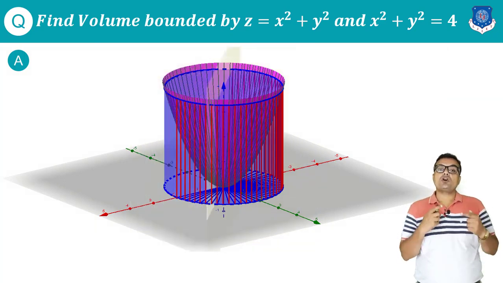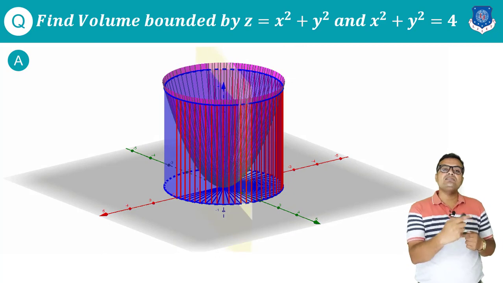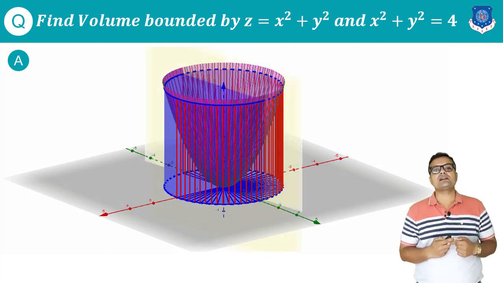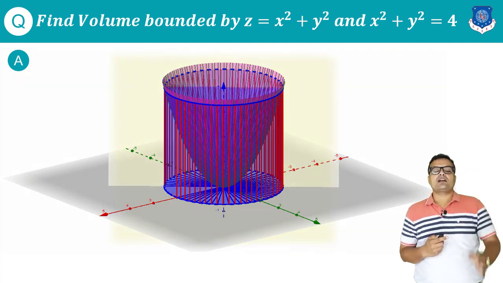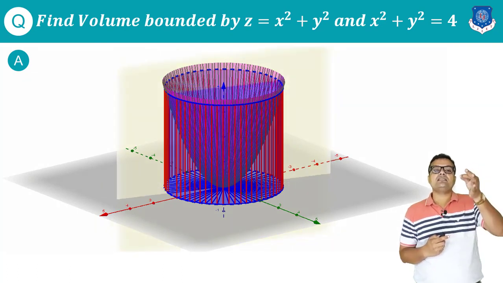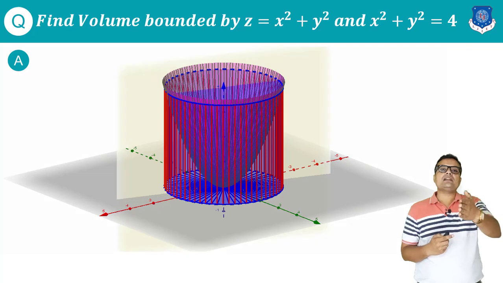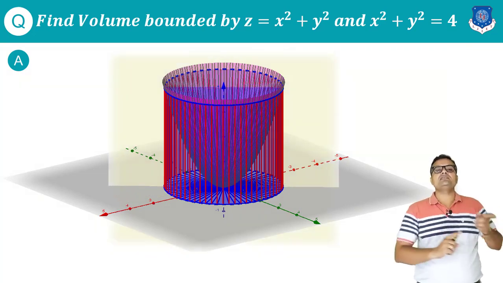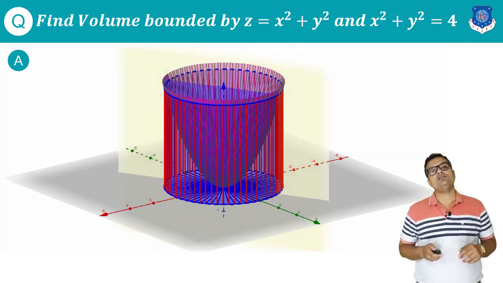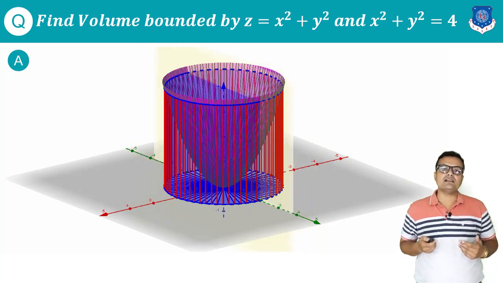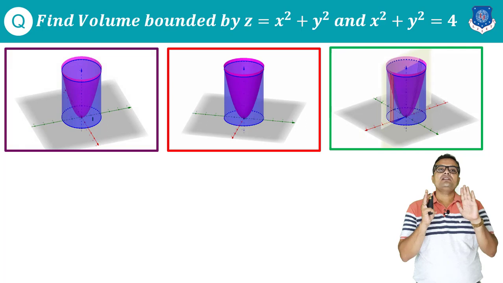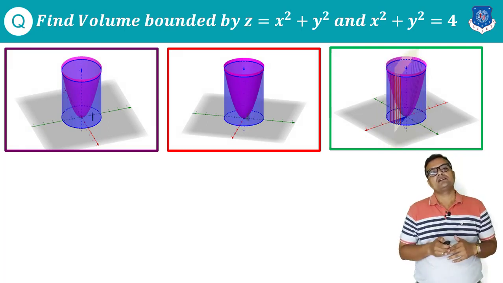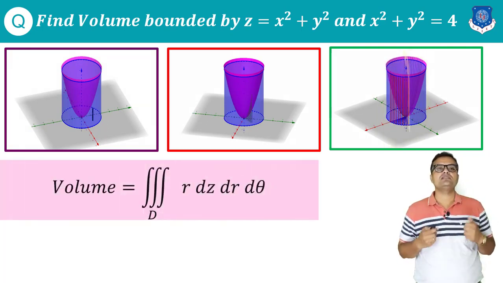So here the concept is slightly changing from Cartesian coordinates. I am not taking a horizontal or vertical cut, I am taking a cut which is on the z, and then I am moving that cut parallel to r, and then I am rotating that cut. This is how I am covering all possible points of cylindrical coordinates. Now keeping these three structures in our mind, let us construct this volume.